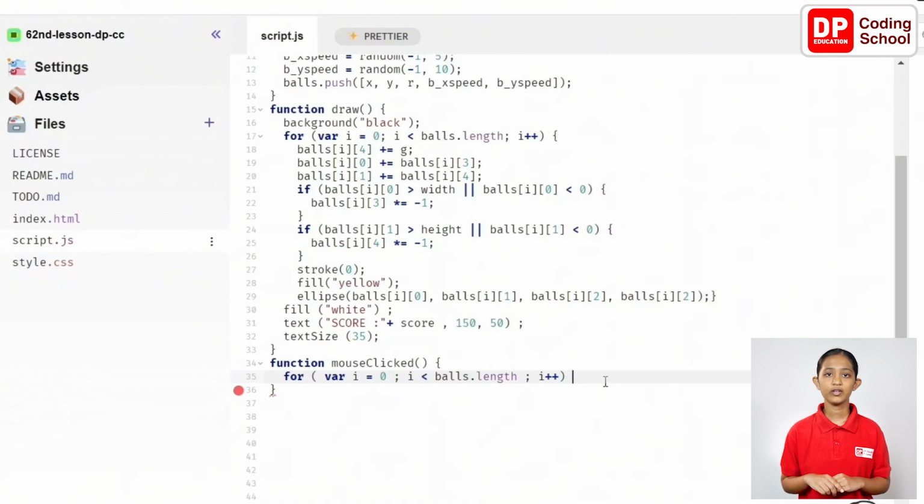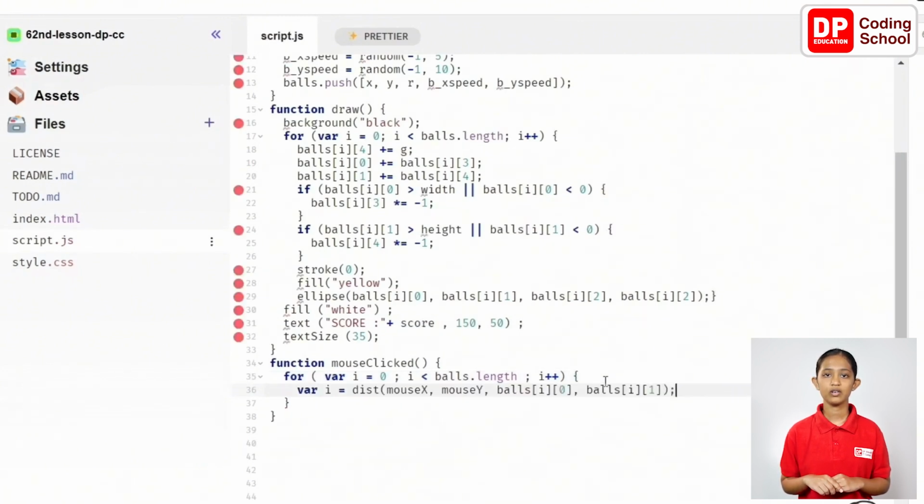Next, we calculate the distance between the position of the ball and the position where our mouse clicks on the canvas and calculate the variable in this way. var i = dist(mouseX, mouseY, balls[i][0], balls[i][1]);